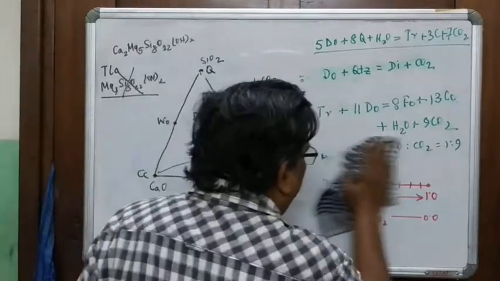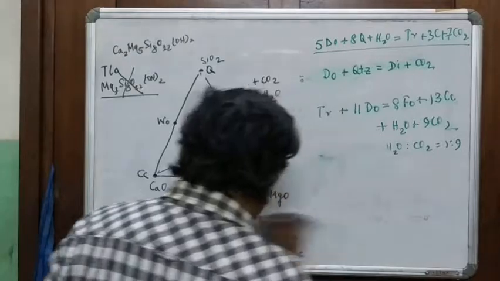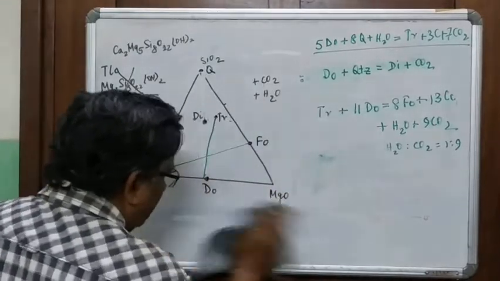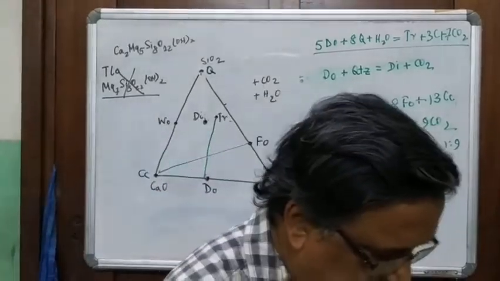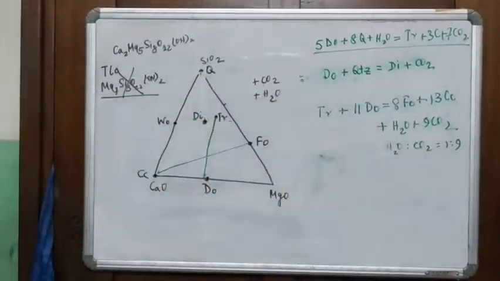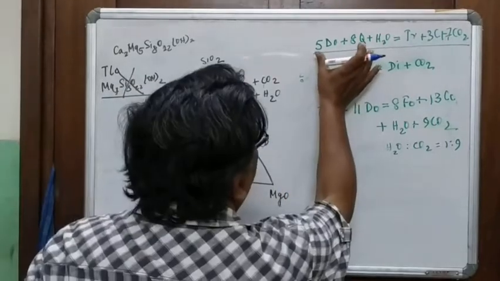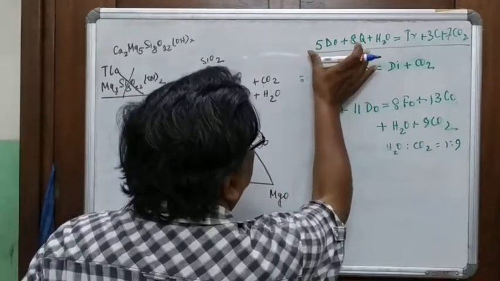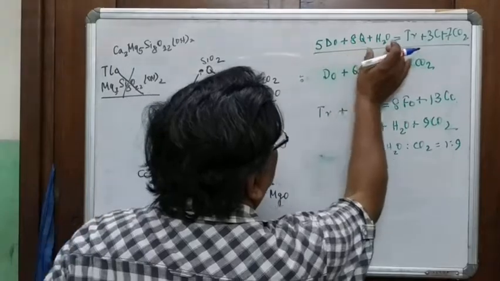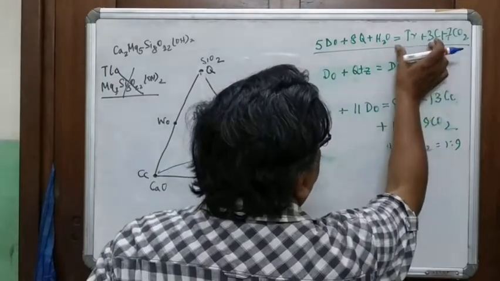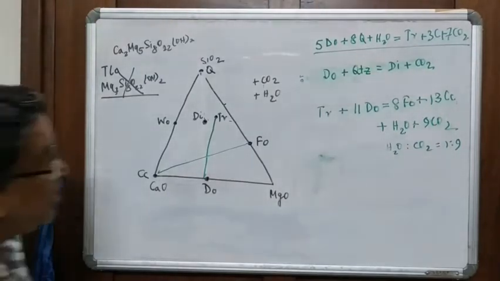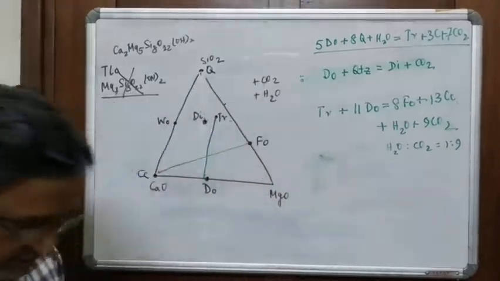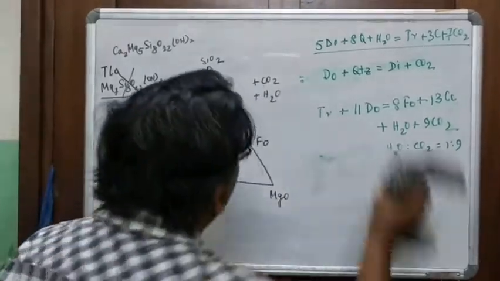Now, while we do this, we come to an important part here. What you see here is important. You can see that you have dolomite plus quartz, solid phases reacting, fluid phase, and in your product you have solid phases and the fluid phases. So I can sort of write it. We can write a situation, a reaction, where